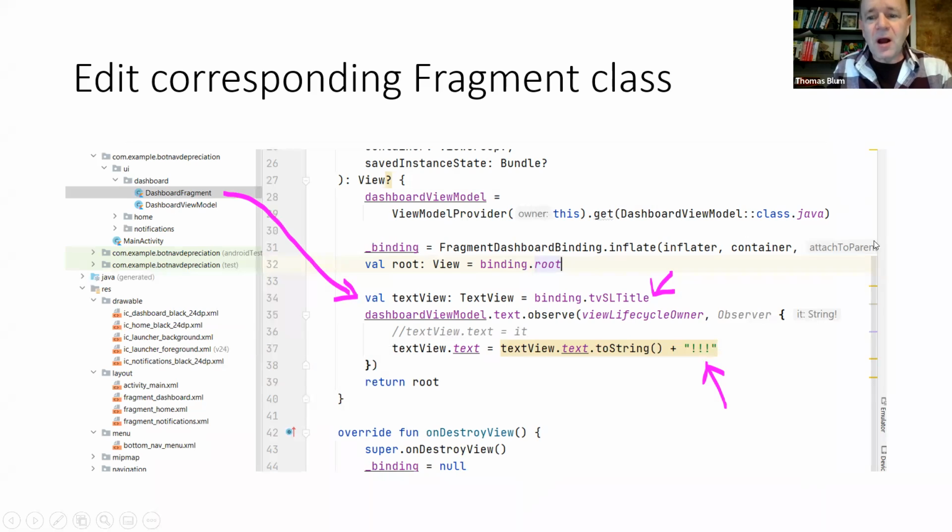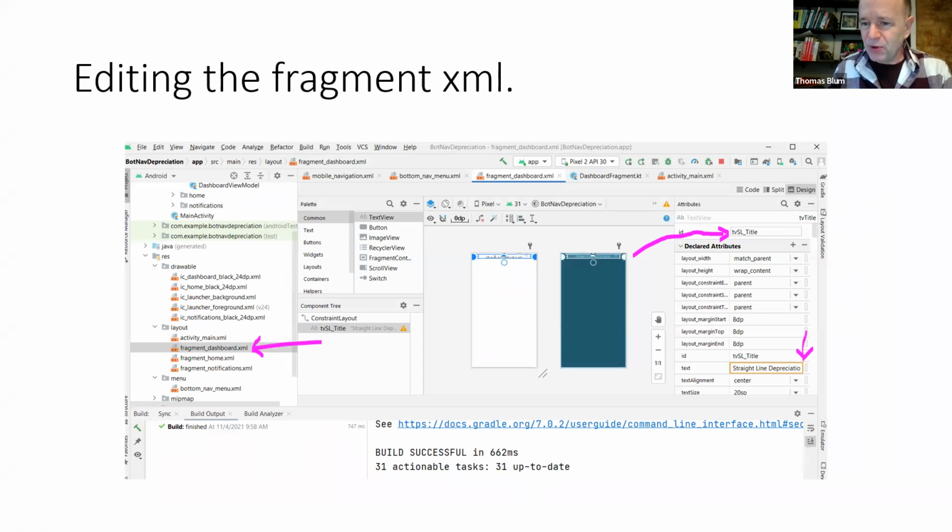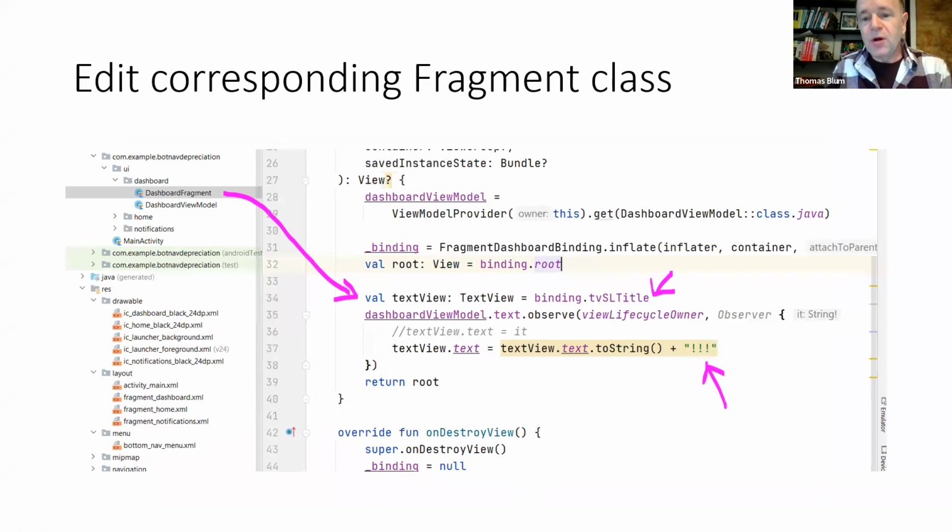So I'm going to add 3 exclamation points to it just to have some code version of it. So what I had previously was just how to put it in sort of pure design. And now, what if you wanted to code that title? What would you do? So you would go over here where the